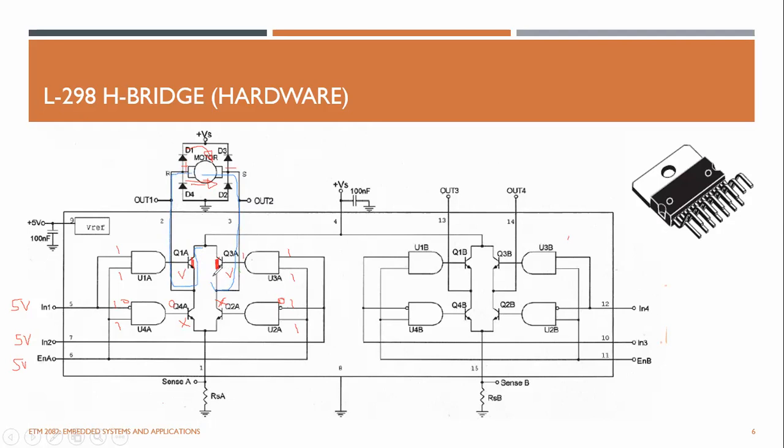But the transistor is not allowing the current to flow in this way, right? So there's no way of going through this transistor. But Q3 transistor is here, and there's a diode D3, the same diode. I can draw that diode like this because it's the same diode connecting to this point and this point, right? D3, I'm just mirroring that diode. One side of D3 goes to plus VCC, same here, and the other side goes to this common point of the motor, that is this one, right? So I'm just mirroring this